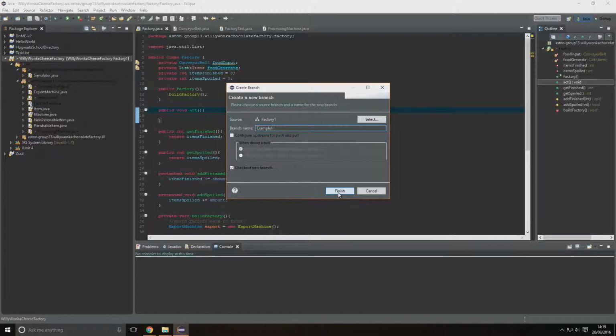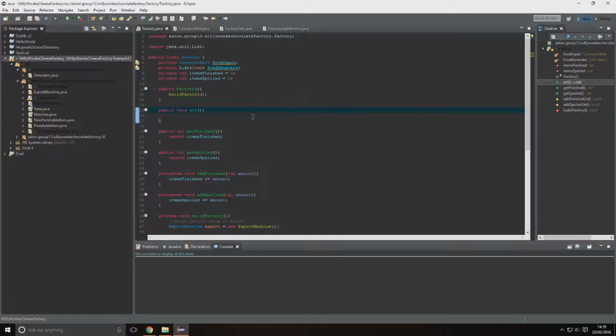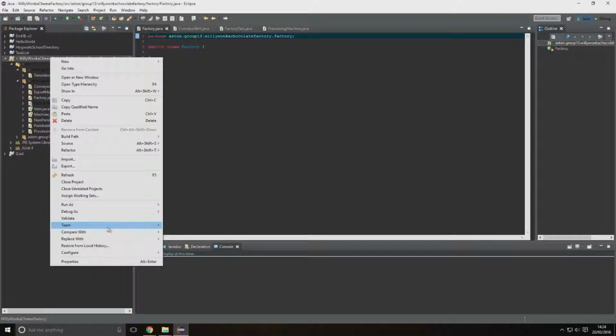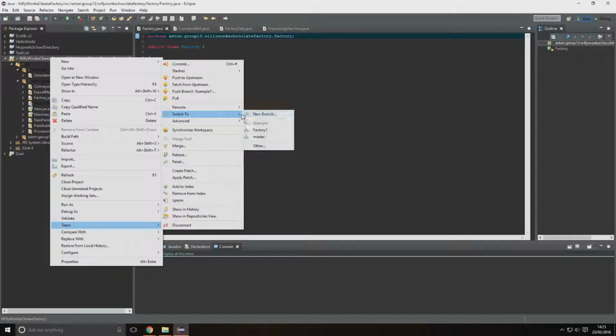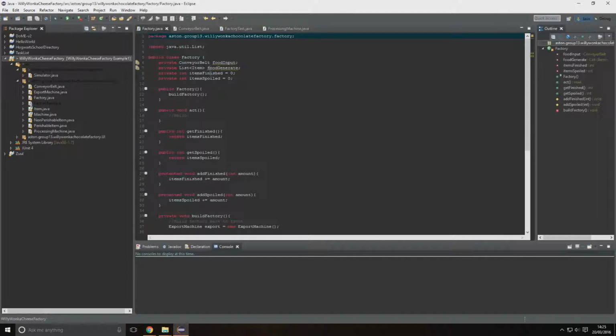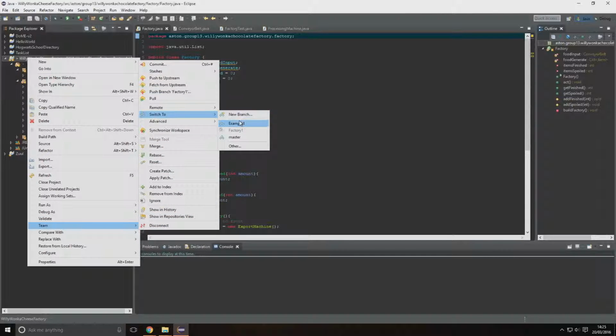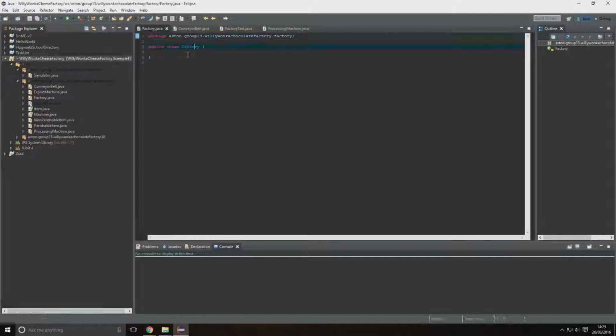There we are, and then finish, and it will create a new branch for you. Okay, you can see here I am currently in the branch example 1, which doesn't have any code in it. That's just the default that's on the master branch. If I go into this branch, you can see I've got code that I've added, and I'm going to go onto team, we're going to go to the example branch, and then we're going to put into the factory class